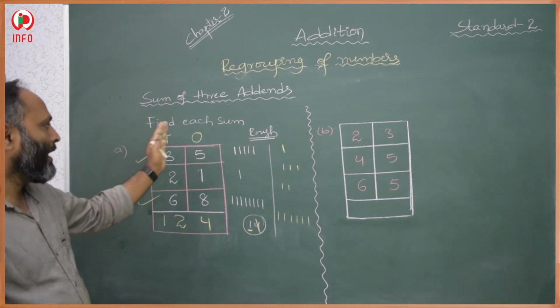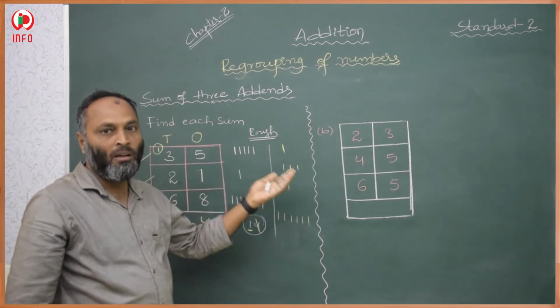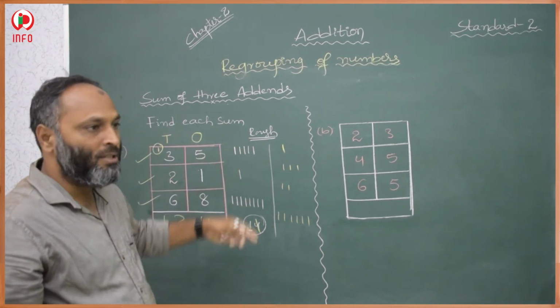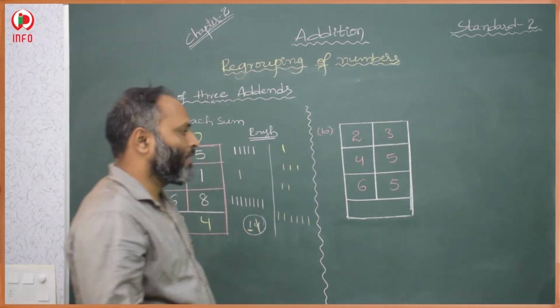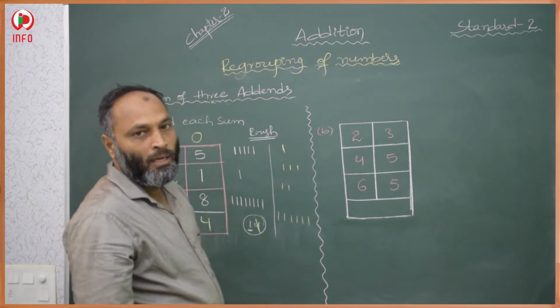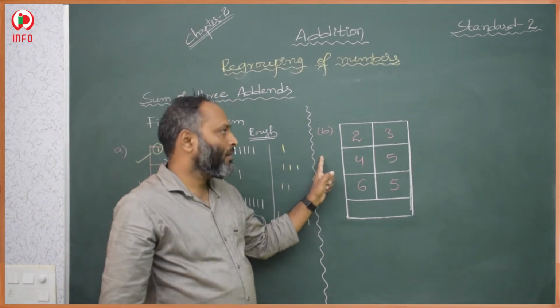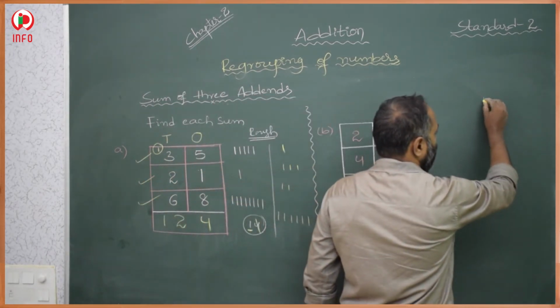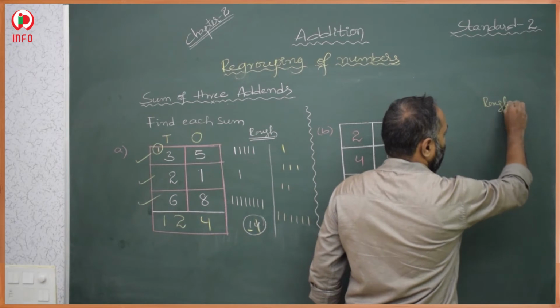Whenever we are going to add 3 or more, or 2 or more, you use the rough column. The rough column is important. First you take the rough column, and after that you complete your sum. Then one more similar question on how to add. First you take your rough column. This is your rough column.